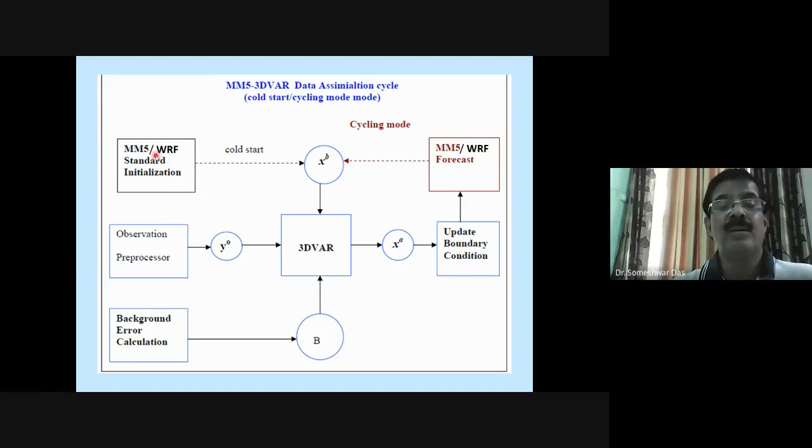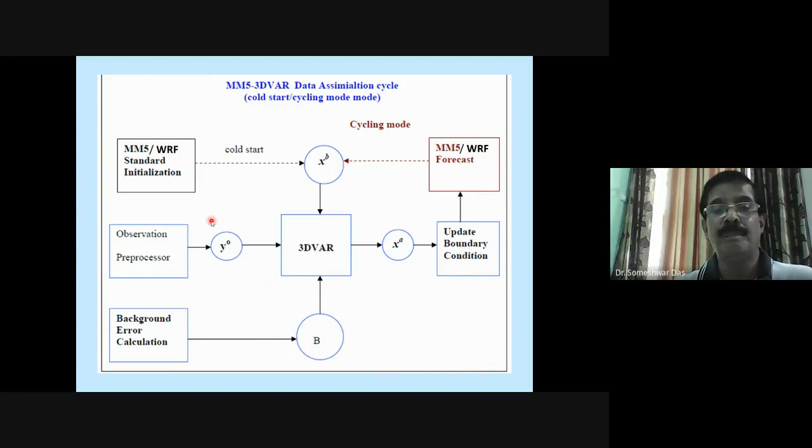So when you are doing a cold start from the existing climatology or some interpolation, you just get the first guess value XB, or background field, at your model grid points. When you are doing cycling or real time, then of course you have the observations, YO, and you also have the background error B of the first guess field.